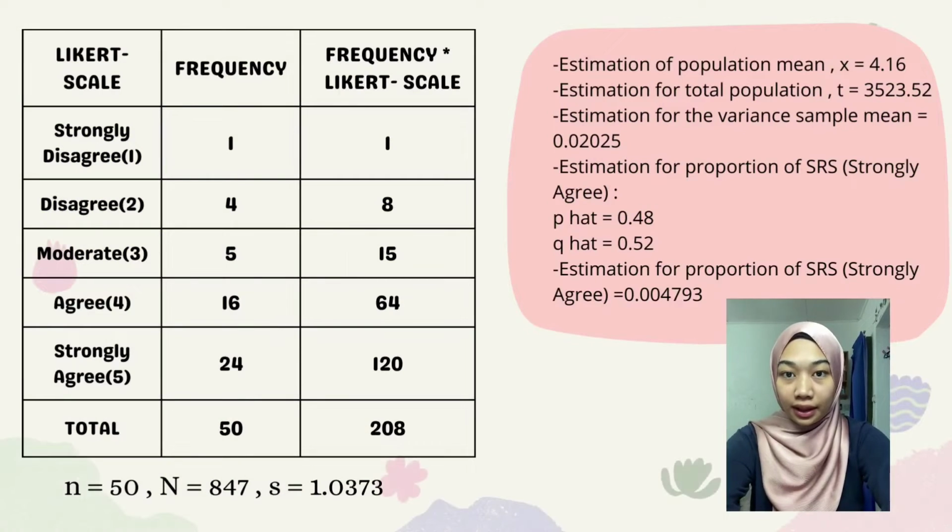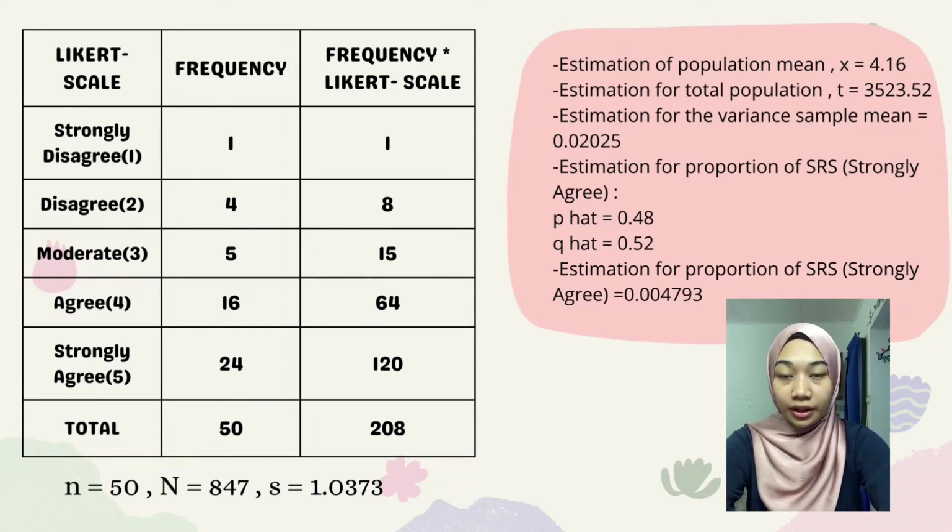From the table, we can calculate the estimation of population mean. As x bar, we got 4.16. For estimation for total population, tau hat, we got 3523.52. And for estimation for the variance sample mean, we got 0.02025. For estimation for proportion of SRS strongly agree, we got P hat equals 0.48, Q hat equals 0.52, and for estimation for variance of proportion of SRS strongly agree, we got